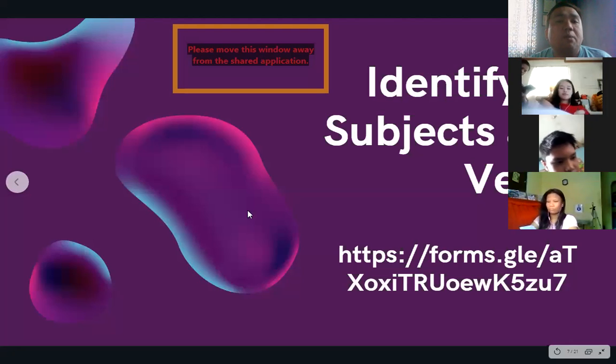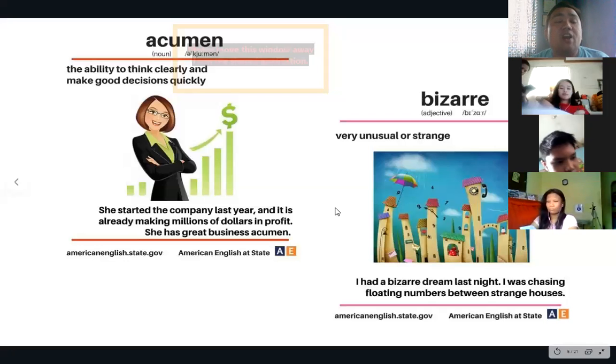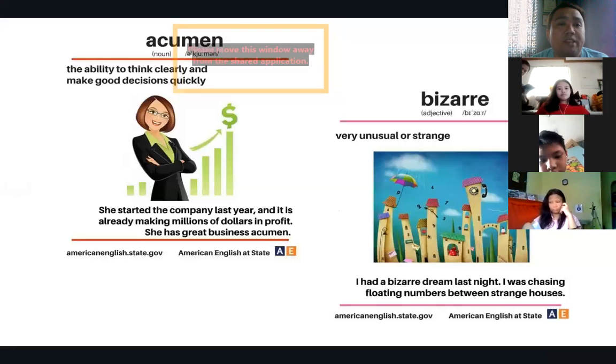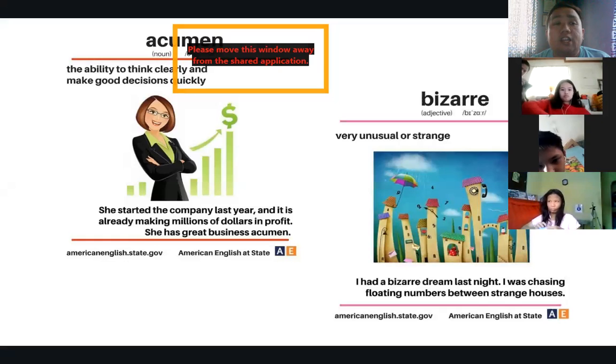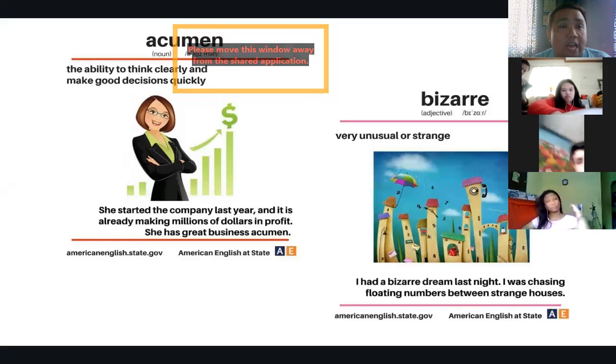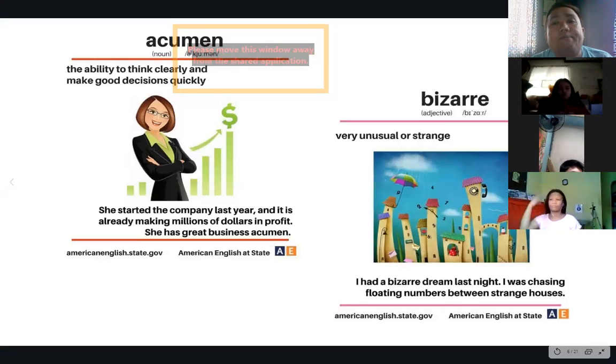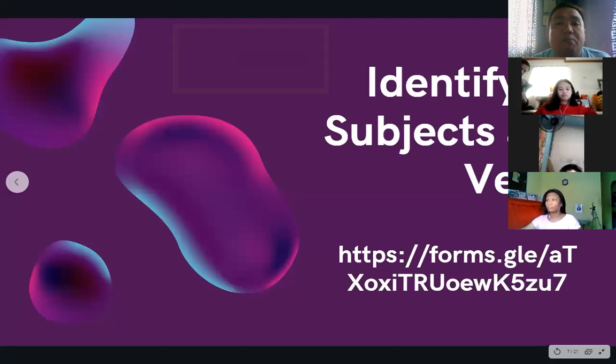Please take note of that, because on Friday, okay? On Friday, we will have a very long test. That's the last test you will take for the Binan Online Tutorials. The test will be from our first lesson, the adjectives, our second lesson, if you could still remember our lessons on adjectives and kinds of sentences, and then your features of poetry, and now subject-verb agreement. Okay. Moving on with our lesson for today, we will be talking about identifying subjects and verbs.